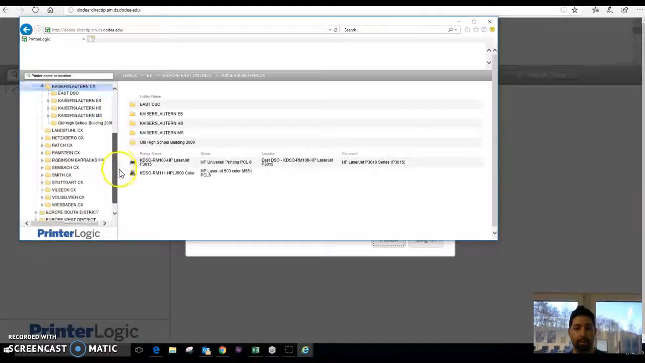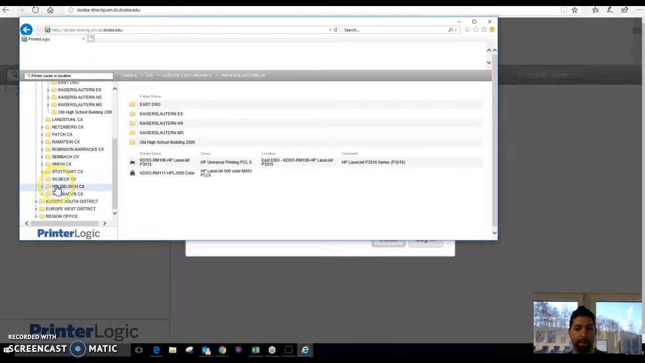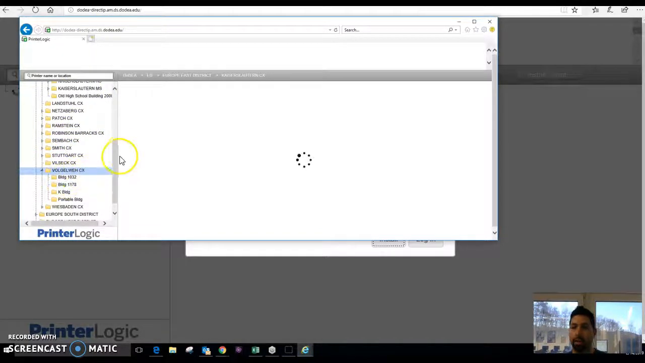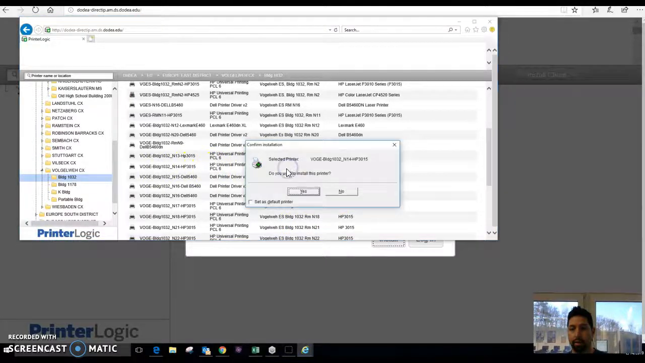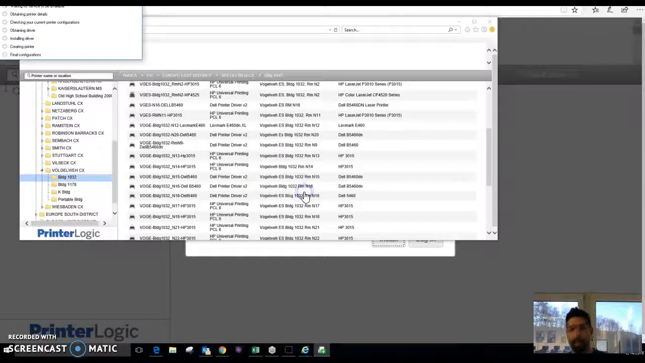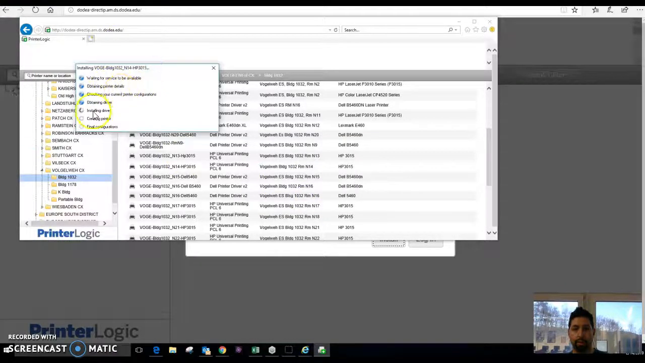And from there, you just go down, you find your school, Vogelway, you find your building, you find your printer. They're listed by room numbers. You find your printer, you click it, you want to install. Yes. If this is your primary printer in your room next to your computer, or the one that you're going to be using mostly, go ahead and click use default printer. I'm not going to. You want to install this printer? Yes. And then it will go through a series of little check marks, and that will be